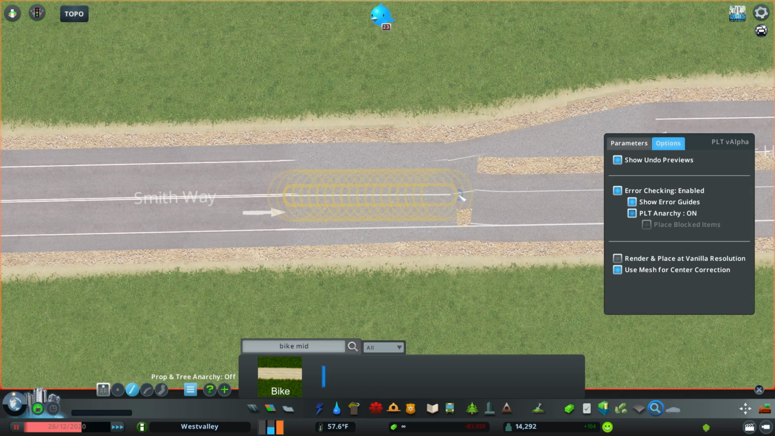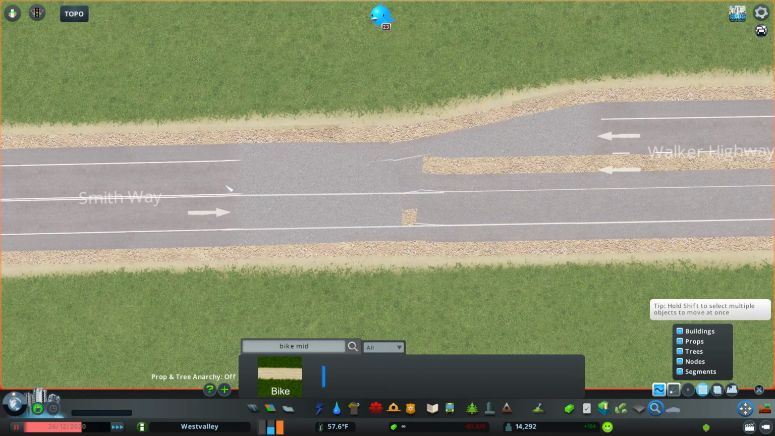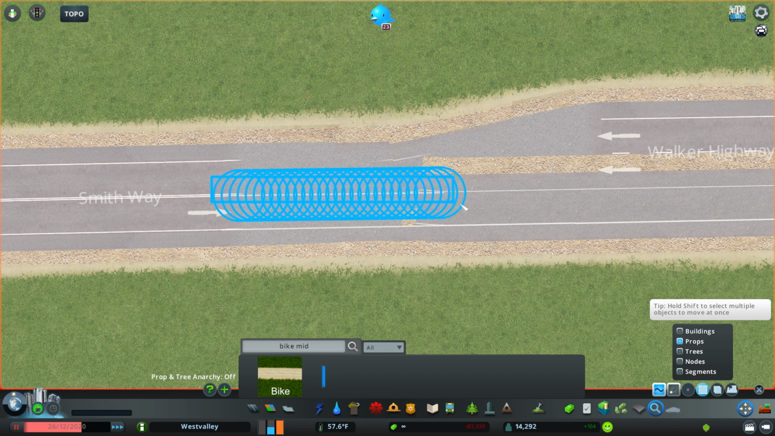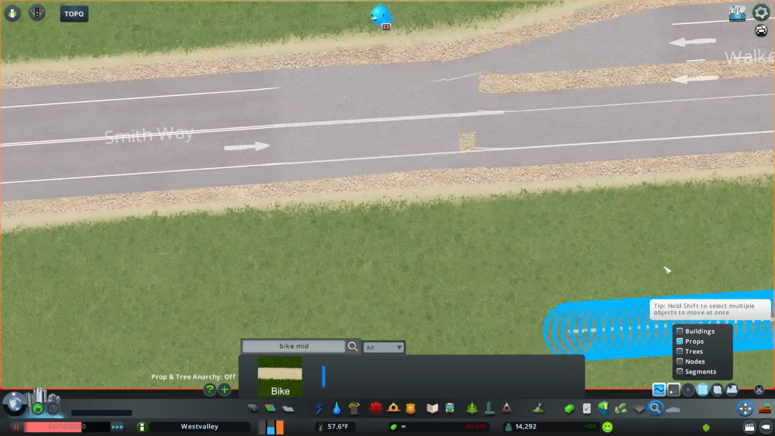Then in the median here, I'll do a similar thing as well by placing down bike middle props in a line, and I'll copy this one section I placed down with Move It in order to make a double line, and then just select only props and then copy the lines like this. Then I can just copy it,